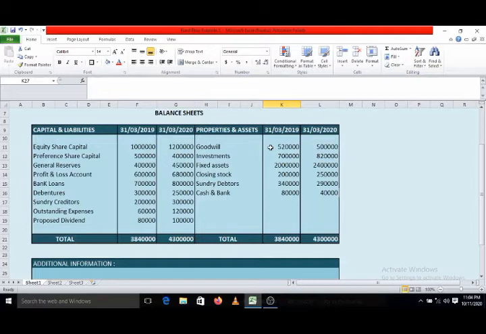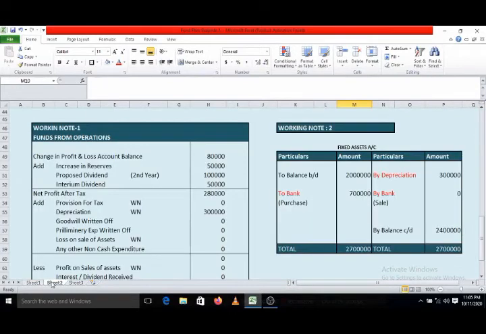What treatment do we give for depreciation? Depreciation account debit to asset account. It means we credit the asset account, and ultimately we reduce the balance of the asset account and transfer it to the profit and loss account. Debit side, same situation, profit and loss account to goodwill account by ₹20,000. It means during the year goodwill of ₹20,000 was written off to the profit and loss account. So this is goodwill written off ₹20,000. So we will add it here.